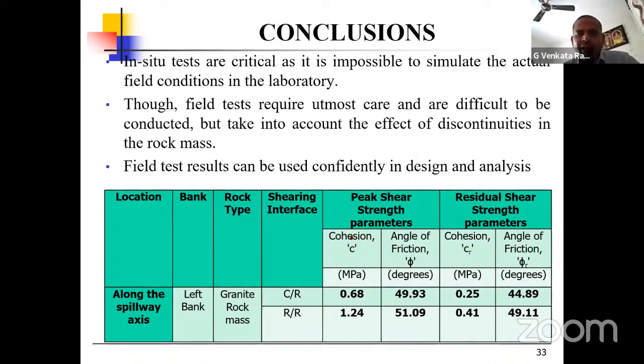Similarly, what I have done with respect to the data: concrete over rock, dam along the spillway axis. The left bank, and similarly the right bank, we have also conducted. Ultimately, what is the concrete over rock C value? What is the angle of internal friction for both peak and residual, for rock over rock and concrete over rock? Generally, the angle of internal friction is more for rock over rock as compared with